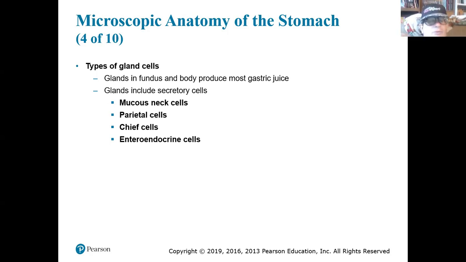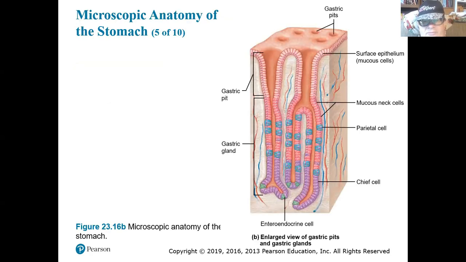Again, we've mentioned it before. The stomach has hormone functions. It's not going to show up in your average textbook as one of the endocrine organs, but the stomach certainly is, just like the atria of the heart are. They can make hormones and tell other parts of the body to do things. All right, so